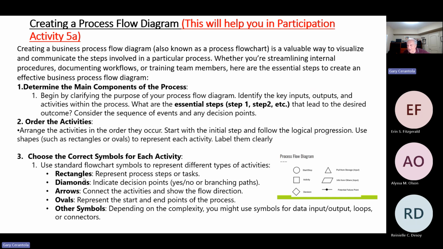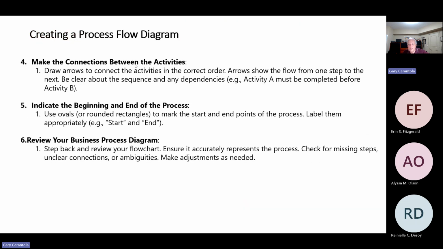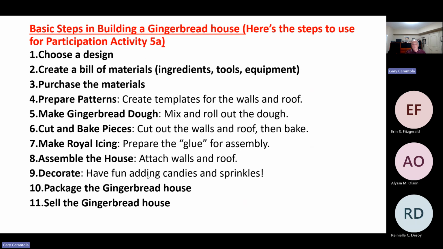So, if it's an information required, it's this parallelogram. Here's where you start. So you use a circle to start the process. You use the circle to show the end of the process. You show this diamond to know that you have to make this particular decision. And so what you're going to do is you make the connections between those activities. So you draw the arrows to connect. So you show arrows, how it all goes, from one step to the other. You indicate the beginning and the end of the process, like I said, and you review that business process diagram